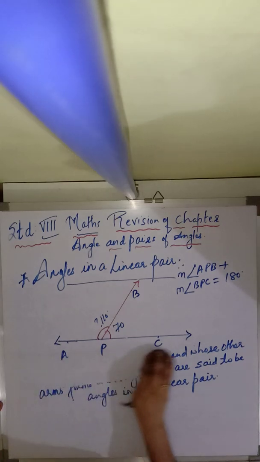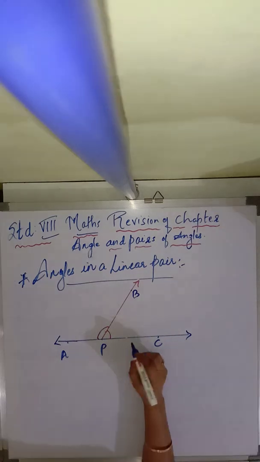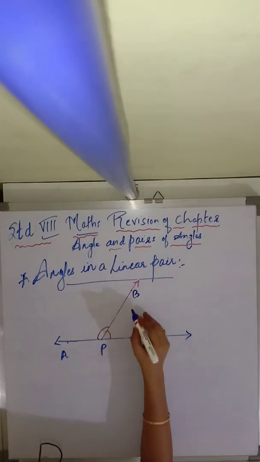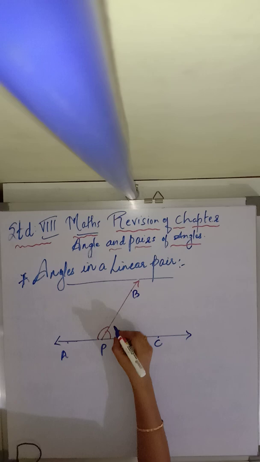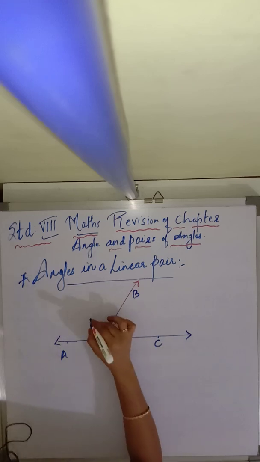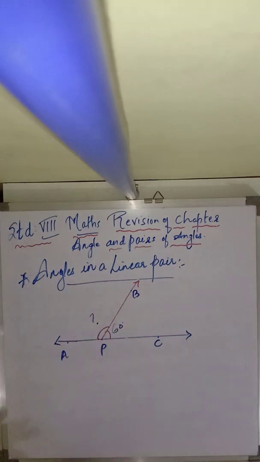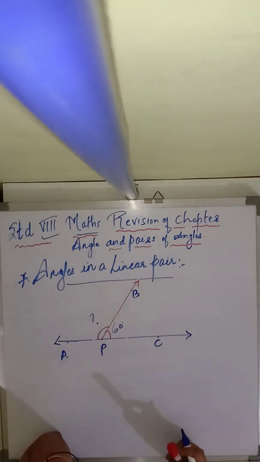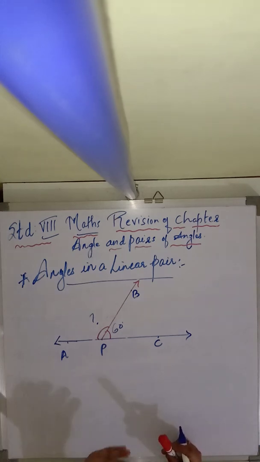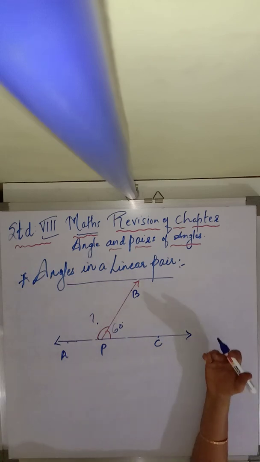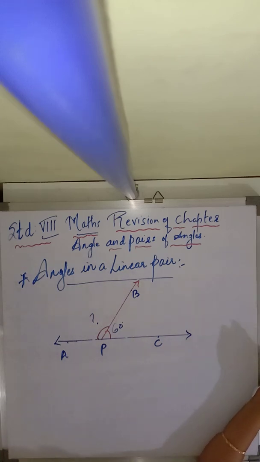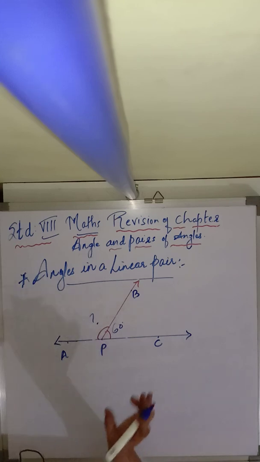Okay children, now suppose, students, let us assume the measure of angle BPC is 60 degrees, and we are supposed to find the measure of angle APB. Orally, the sum of measures of two angles is 180, so you will do 180 minus 60, that will be 120. But children, as you are now in 8th standard, you should be able to write the steps, which will be useful for you in the next class, that is 9th standard geometry. So how are we going to write the step by step calculation?